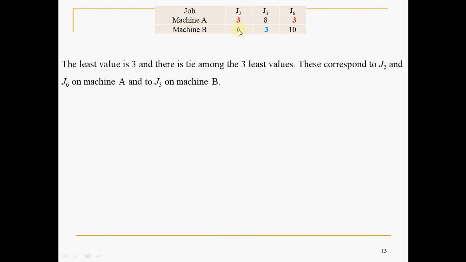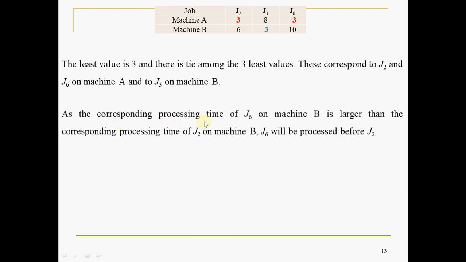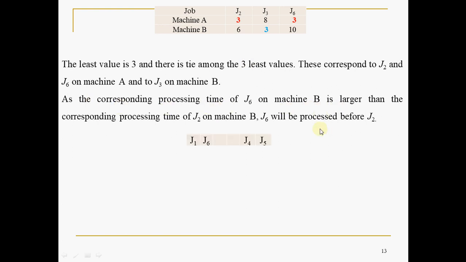If you take this 3, 6, the opposite time is 6 minutes. If you take this one, you ignore it for the time being, because a tie on one side you have to see first, the tie on machine A or machine 1. This is having more processing time in the opposite machine. Then you have to sequence this first, from left to right, because it is on machine A. So J6 you sequence first, then J2. So let us sequence this one, J1, J6. Then automatically the reduced table will become this one.